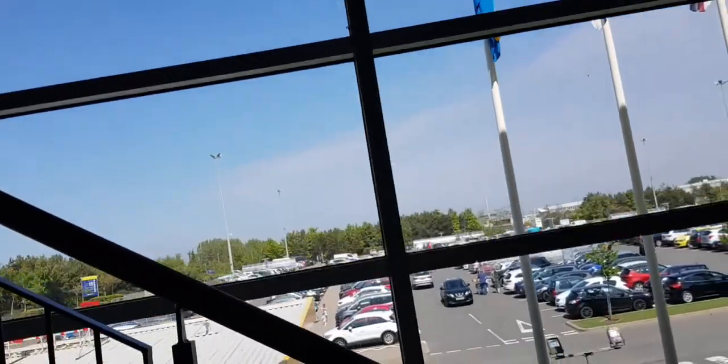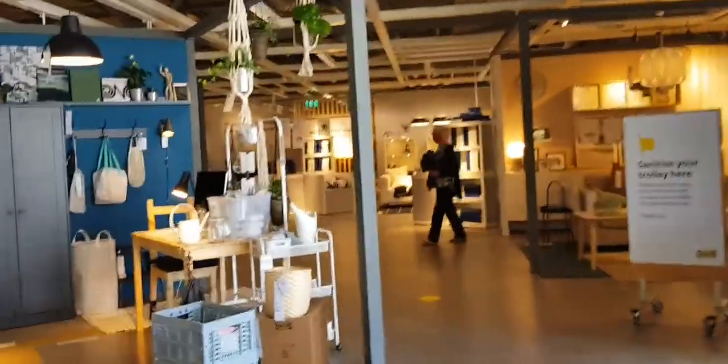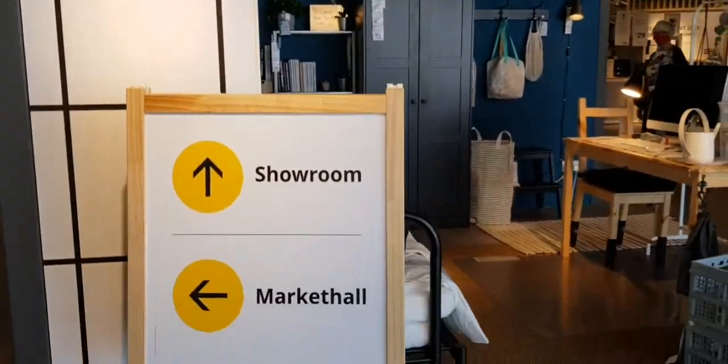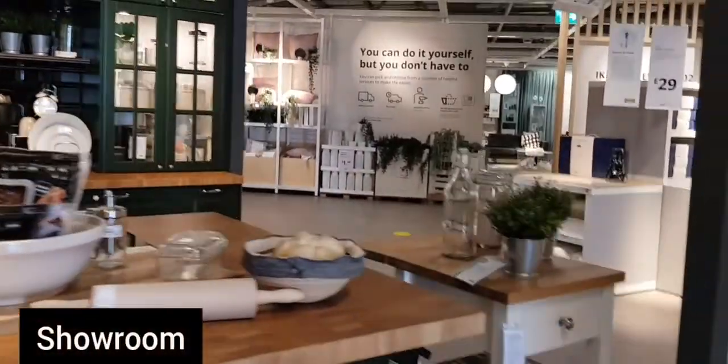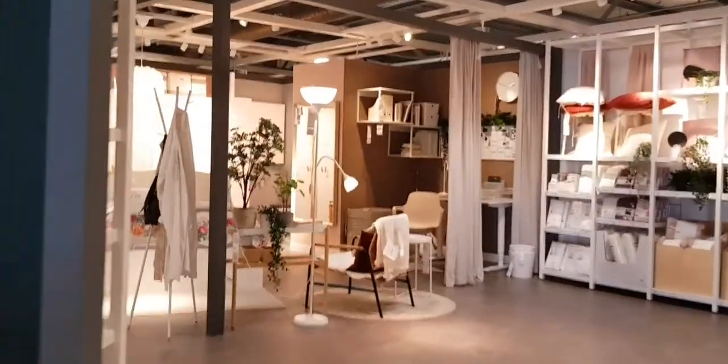The IKEA store is basically a ground floor and a first floor. The ground floor is totally dedicated to kitchen items, lights, rugs, scents and other things. The first floor is all about showrooms. You will have all the basic kitchen, living room, bedroom, and bathroom setups, which you can visit and